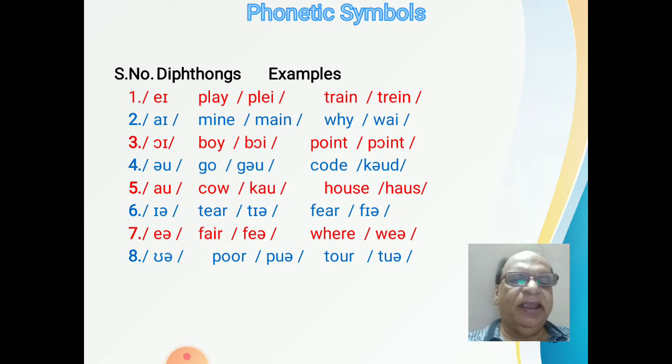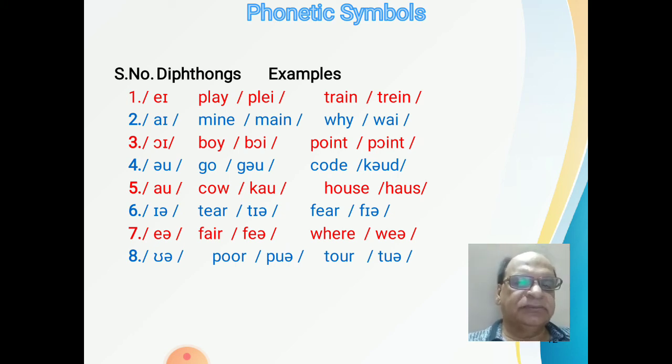So look at this word. First one, A is followed by E. Now what we tend to do is we say play. It is not play, it's play. Feel a sort of glide in your mouth. Play. It begins with A sound and ends with E sound. Same case with the word train. A and E.